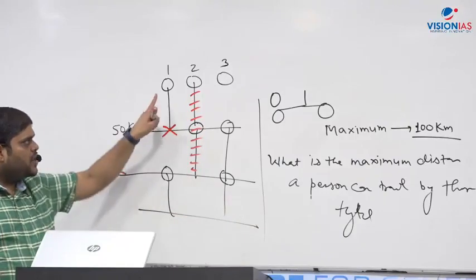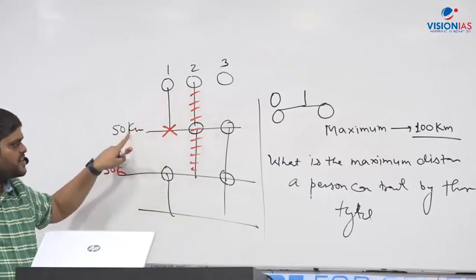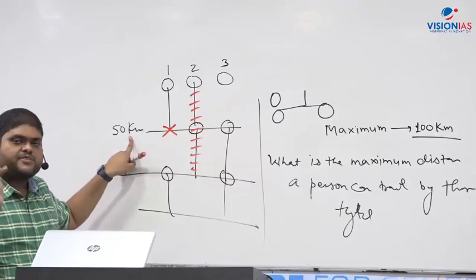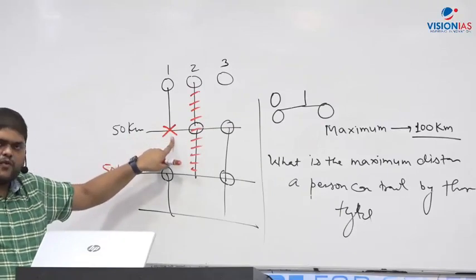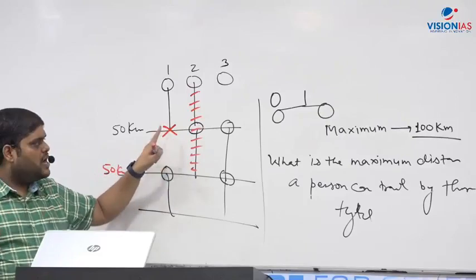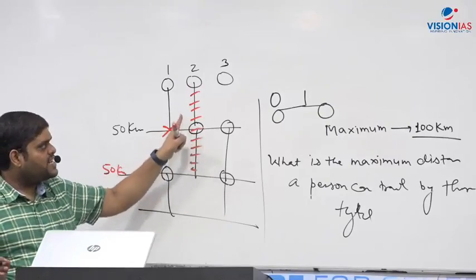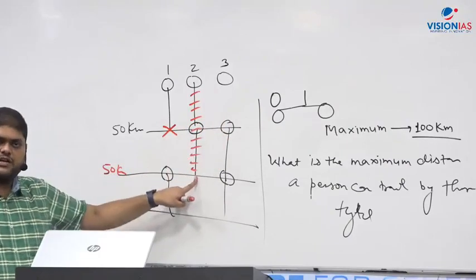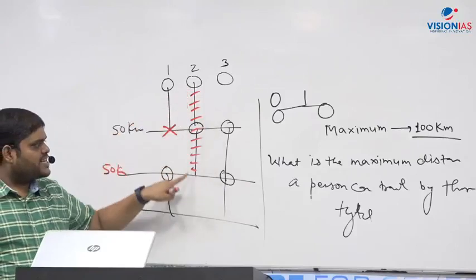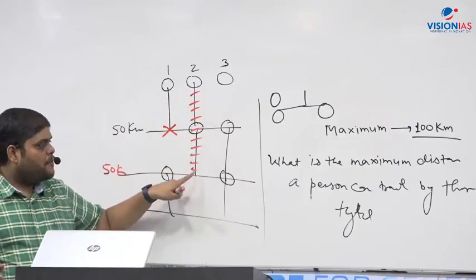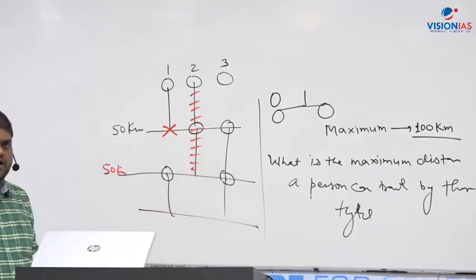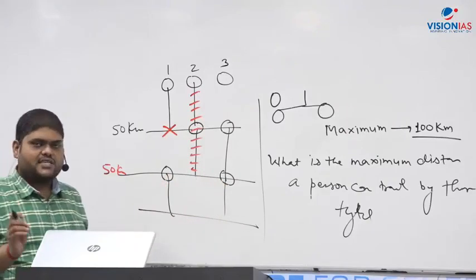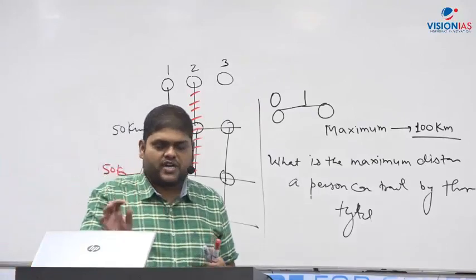I am repeating: go by any two tires, go 50 kilometers, change one tire. Why are they changing? Because they have to travel the maximum distance. I have changed tire number 1, you can change tire number 2 also, no issue. One tire you can change, another third tire you can use. Now by these two tires, you can go another 50 kilometers. Now tire 2 is exhausted, why? Total 100 kilometers is done. But still at tire number 3 and tire number 1, 50 kilometers is left. I will travel 50 kilometers more, the total answer will be 150, and this question has potential to come in the